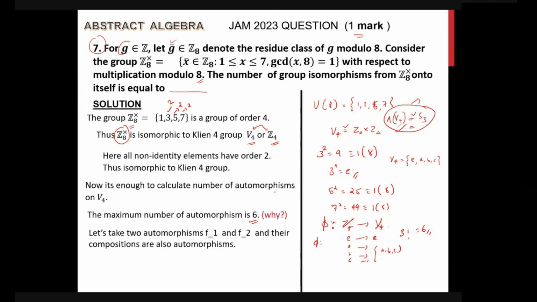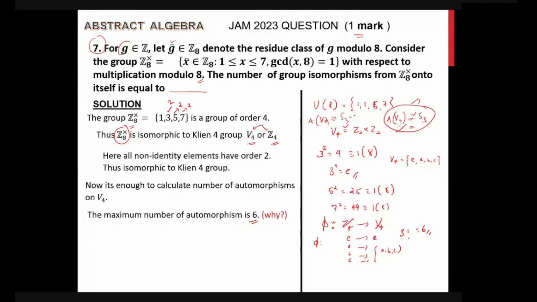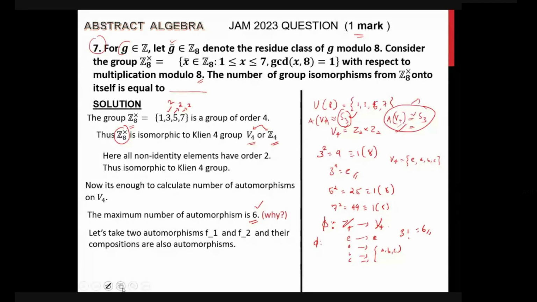Now if you know the fact that the automorphism group of V4 is isomorphic to S3, it's enough, since the order of S3 is 6. If I don't know, then what will we do? I got that the maximum number of automorphisms is 6, right? Now we know that the set of all automorphisms forms a group. That means now if I take any two automorphisms,